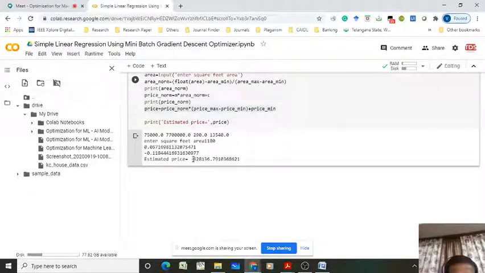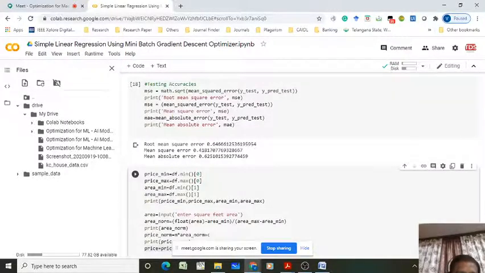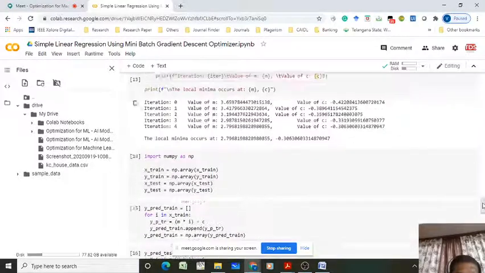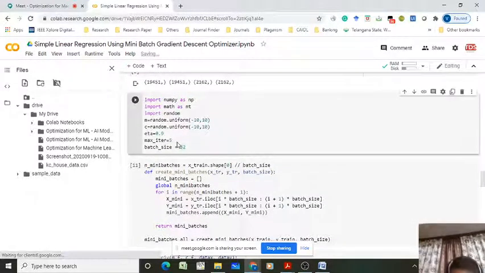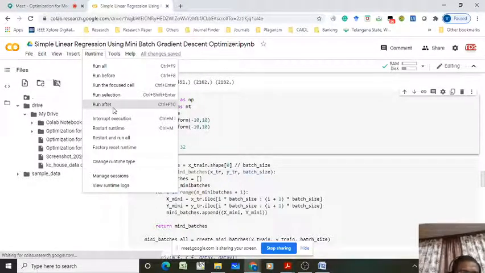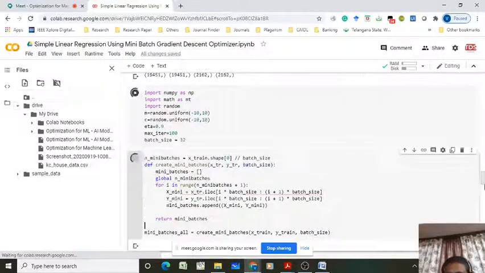It is showing, see, it is showing the negative value because we have not properly trained, right? We trained this one for only 5 epochs. Suppose if I put 100 epochs, where the maximum number of epochs I want to keep here is 100, and run time, run after. Maybe it will take more time, I think.